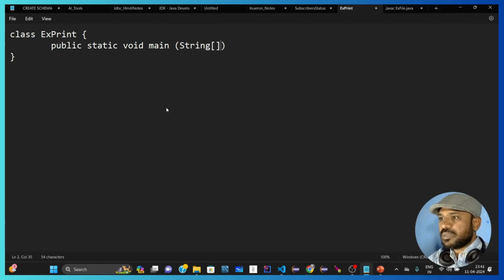We will discuss what the main method is later. For now, just execute the same code which I am writing here, and for getting a printout,